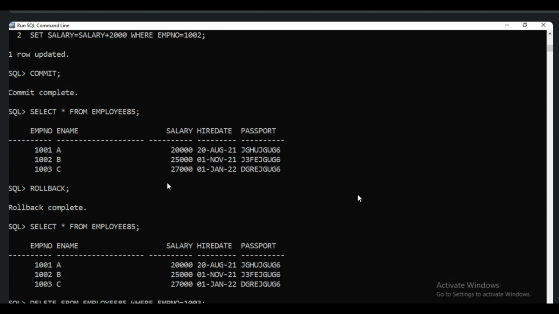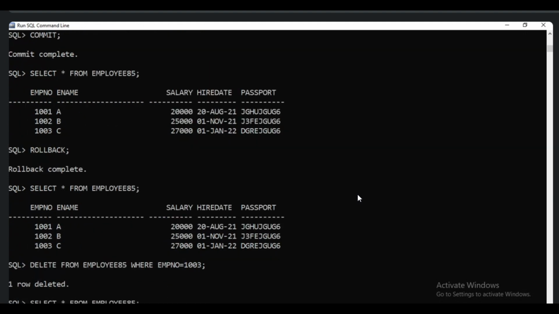Not only employee number, we can take anything. Employee name A also we can take. Why are we not taking employee name? For suppose we have the same name for 100 employees. If we use where employee name equals C, and the same name C is there for 100 employees, then 100 employees will be removed. That is the reason. So whatever the record we have to delete, we need a unique identification. The employee number will be unique for every employee, so we have to take the employee number.